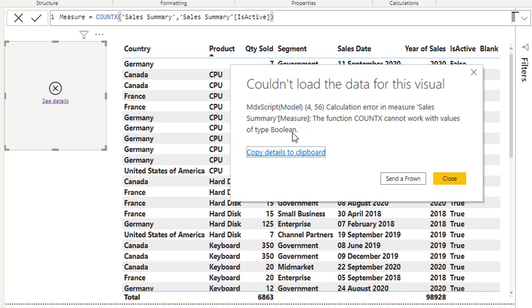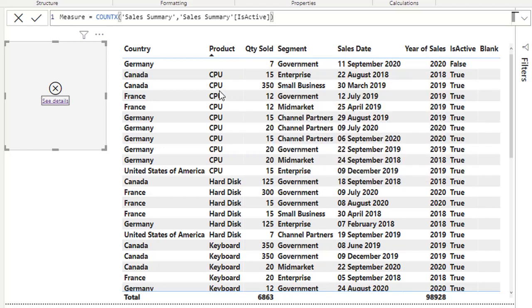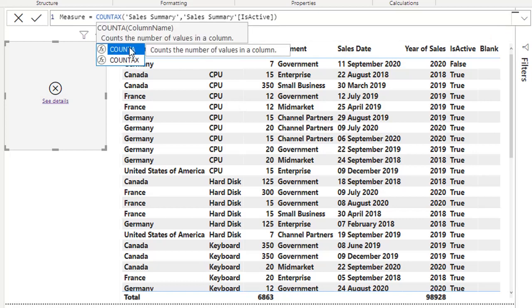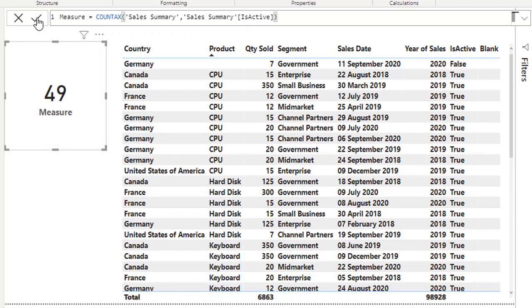So for that purpose, we have to use COUNTAX. Now we get 49. So this is the difference between COUNTX and COUNTAX. And COUNTAX also works on boolean type values, including date type, number type, and string type.